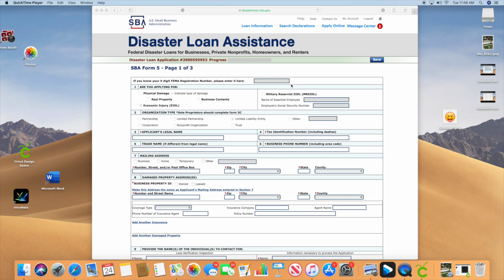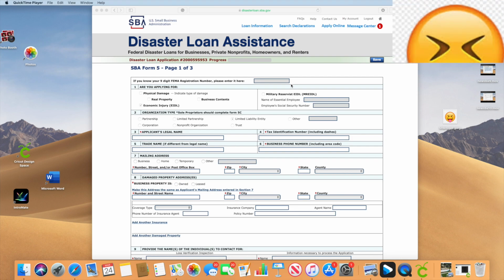It's important for that, because a lot of times with FEMA disasters, if you are not eligible through SBA and you apply, sometimes they will refer you over to FEMA to get FEMA funding. And everybody, of course, knows that FEMA funding is a grant, so you do not have to pay it back.